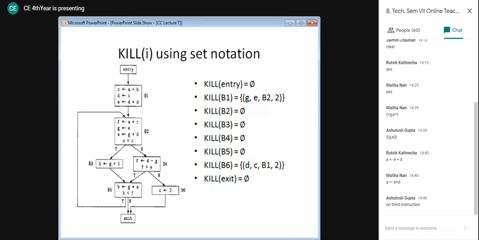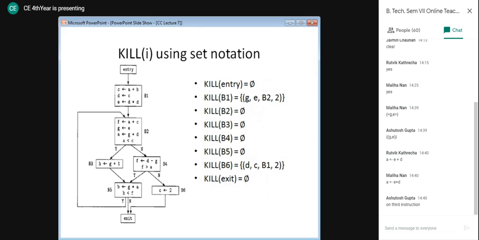Now let's have a look at our kill sets using set notation. In the kill set, for entry there isn't any element, but for block B1, we have one element in our kill set, G comma E, B2 comma 2.